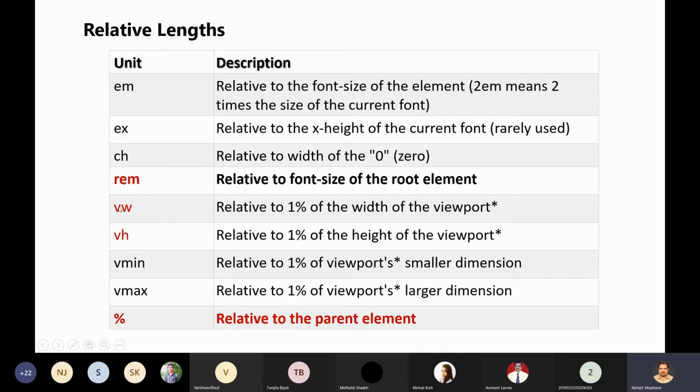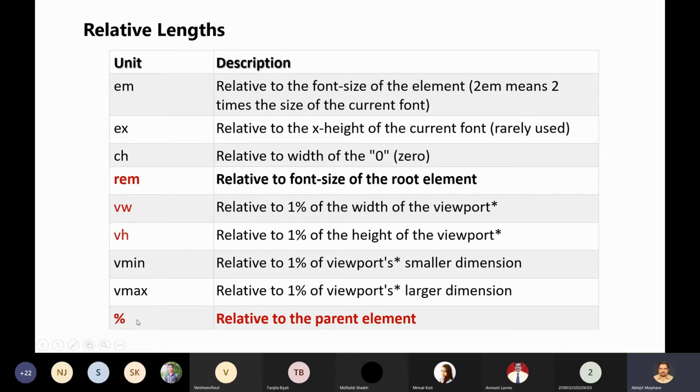Okay, so one viewport unit, VW, is equal to 1% of the width of the viewport. If you give 100%, that means that particular element will cover the entire width of the viewport. And if you specify the viewport height as 100%, then it will cover the entire height of the viewport. So don't worry, I will be demonstrating this. You will understand when you see it. No issues, but just understand the concept of viewport. I will be showing you once again.